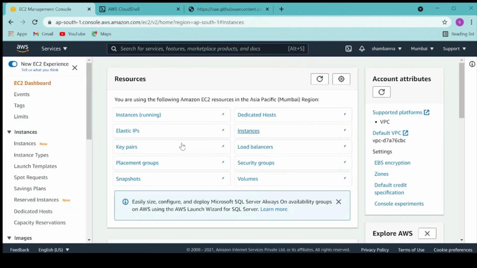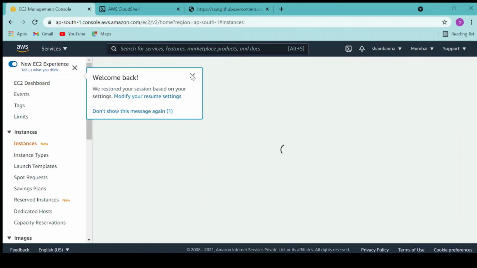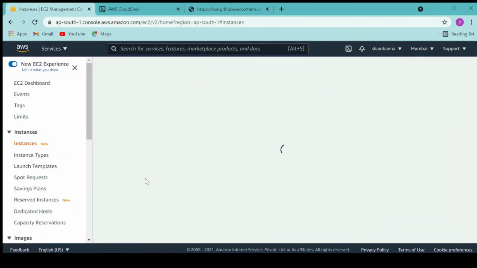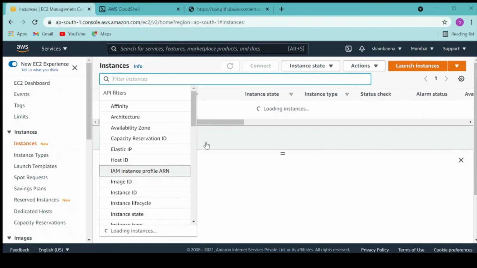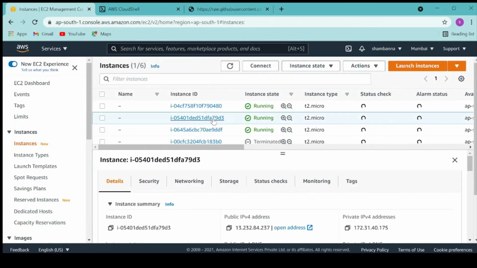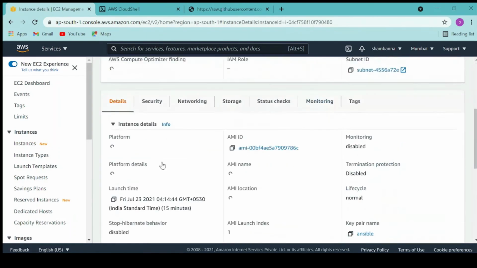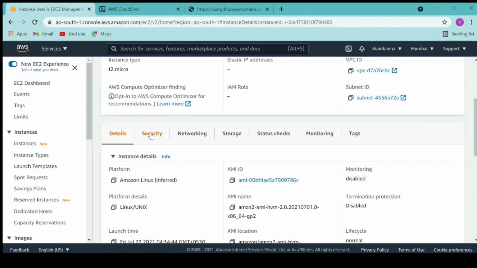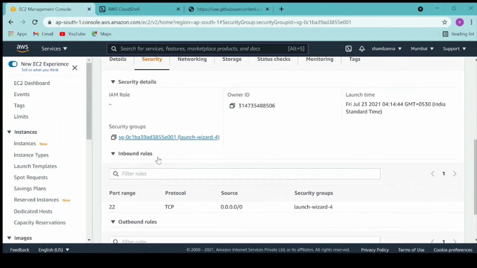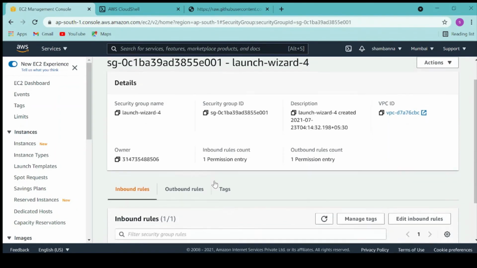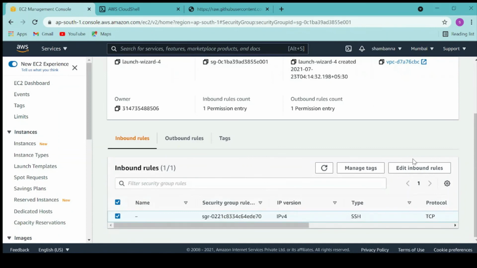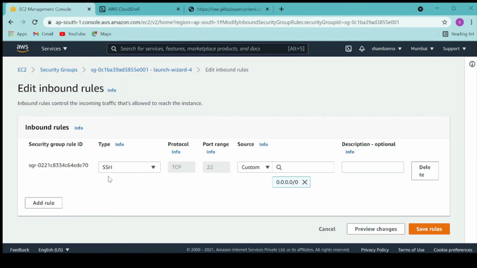So these are the instances. Okay, VMs are running. Go to security group. Okay, that port is not there. Let's add port 80.